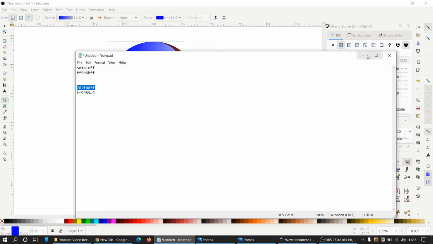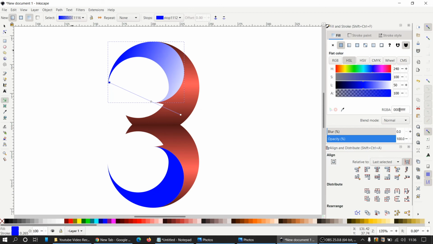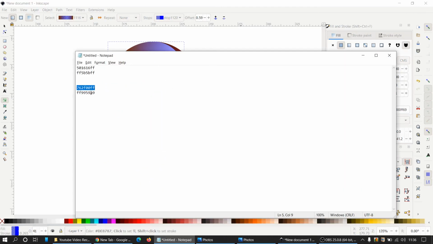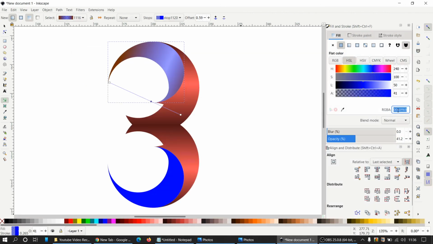762F00FF. So Control V, select this same color, Control V. Okay, and now select this part, and for this give this color FF9959A9. You see,